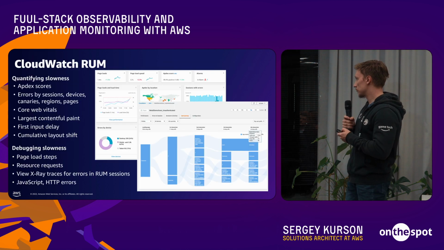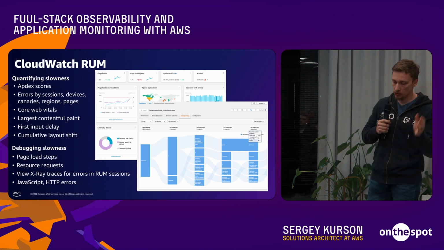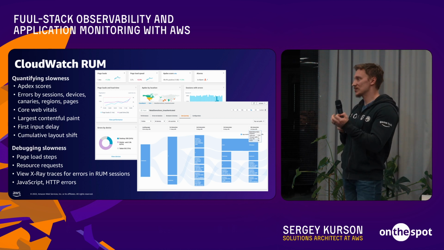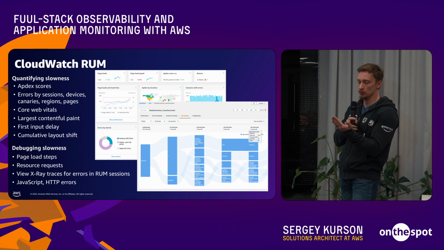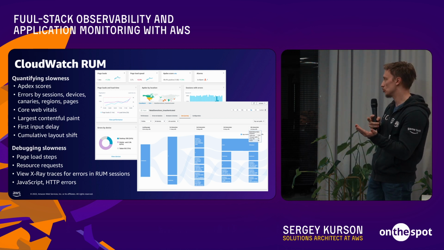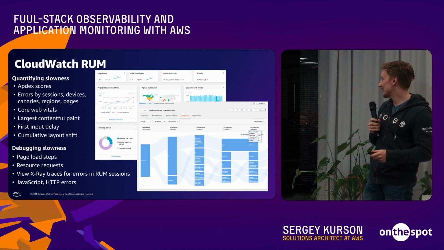But that's not enough. Okay, we click through our interface with some synthetic canary. Okay, fine. But we don't test the device itself. It's like my mobile phone. So how do I test this thing? What's the latency from my mobile phone? What are the HTML, CSS errors? What are the other issues? I don't remember any others. Sorry. So that's where real user monitoring comes in, and that's again a service